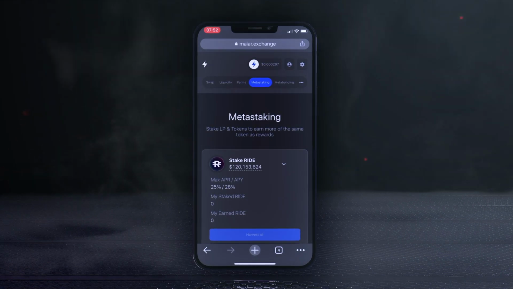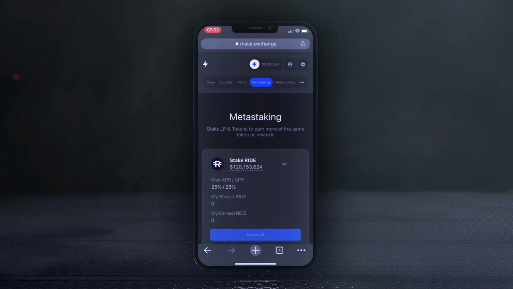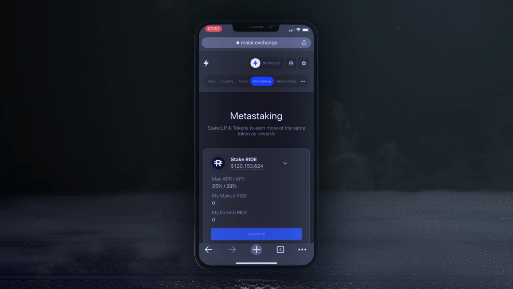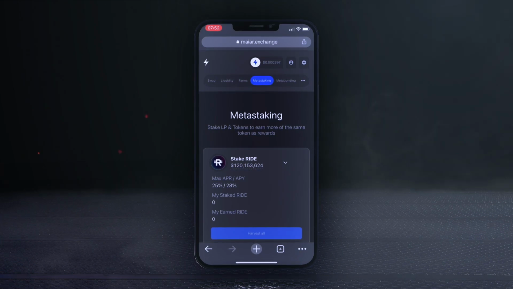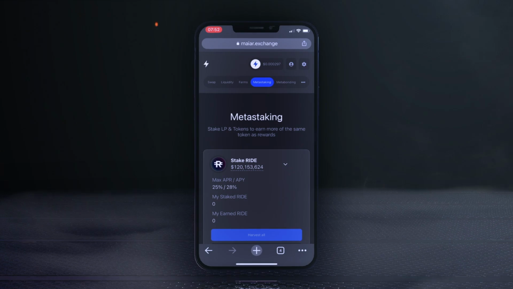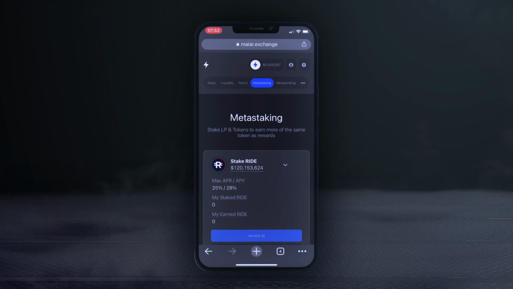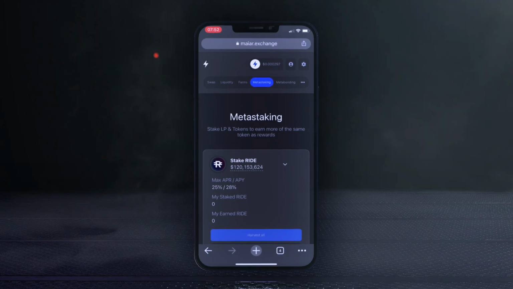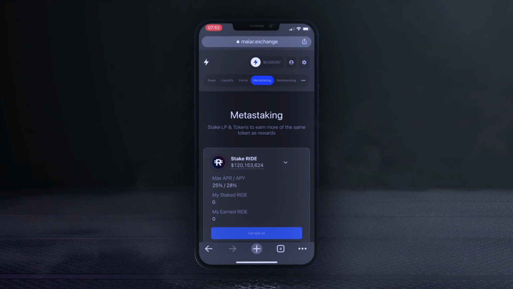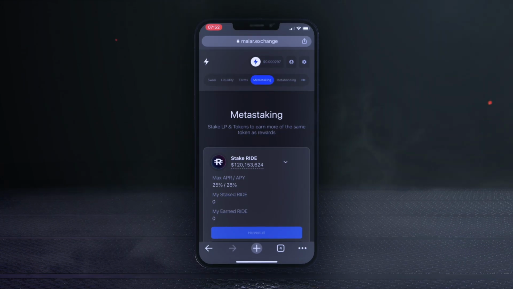MetaStaking allows you to farm even more rewards, either as a liquidity provider, or simply as a token hodler of a strong Elrond partner. If you're curious about providing liquidity with eGold and RIDE, and farming both MEX and RIDE, check out the video in the description below from another Elrond staking agency, Istari. There, they will guide you step by step into providing liquidity, and taking advantage of MetaStaking as a liquidity provider too. In this video, we will focus on simply staking our RIDE tokens.